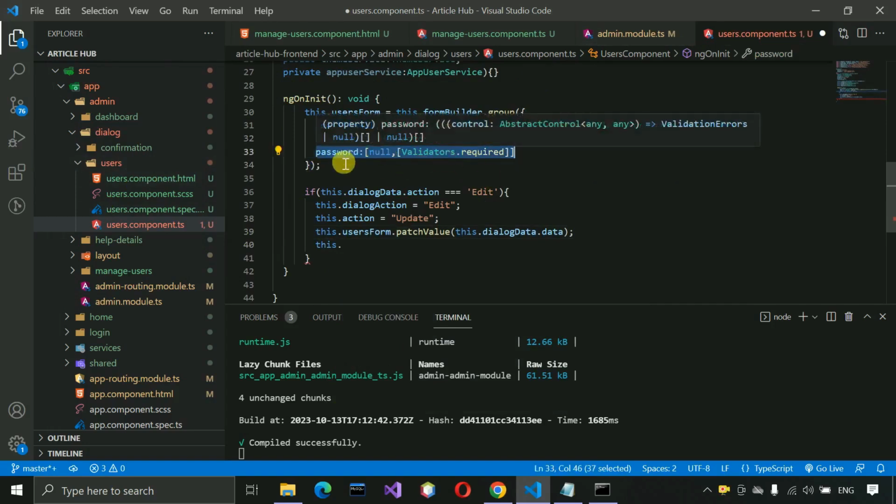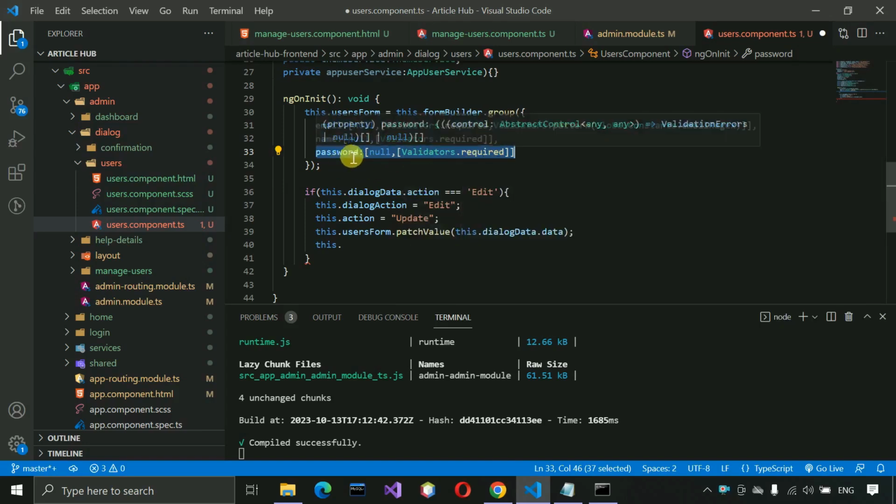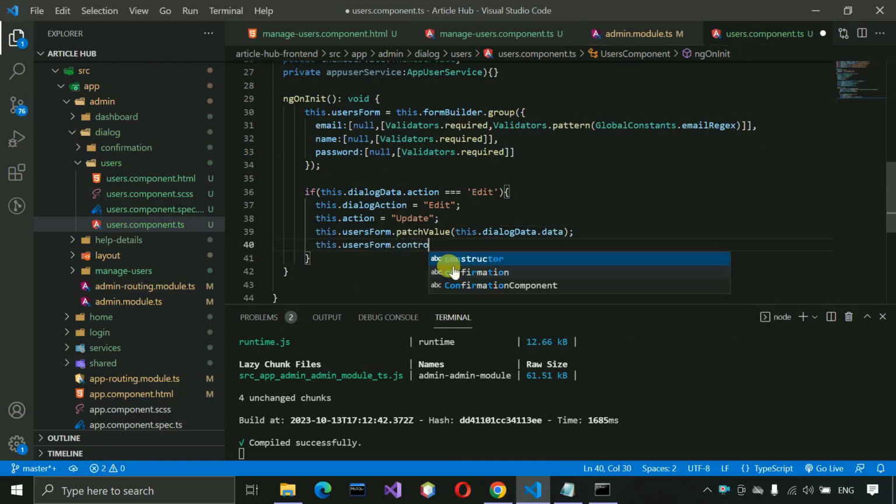After that, the password we do not want the user to update again. As this is part of the form and is set as required, whenever edit is open, we are going to hide this field, and we just want these two fields. As validation will work the same way, we do not make it blank, so we are going to set some values here: this.userForm.controls, and inside this one password.setValue, and we can write anything, but I'm just going to write